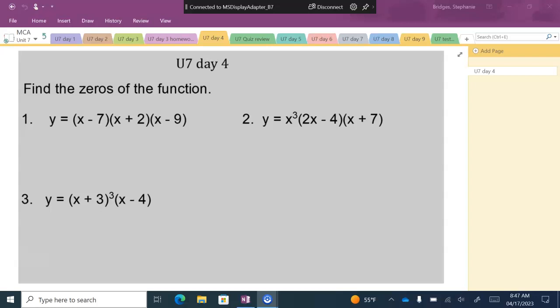So what we're doing is, when you have a function, you'll have y equals. What we want to do is find out what the value of x is that makes this equation equal to 0. So the first thing we're going to do is, instead of the y, put a 0 in. Now when we start doing these, you'll get the habit and you won't necessarily have to rewrite this step. But what I'm showing you is